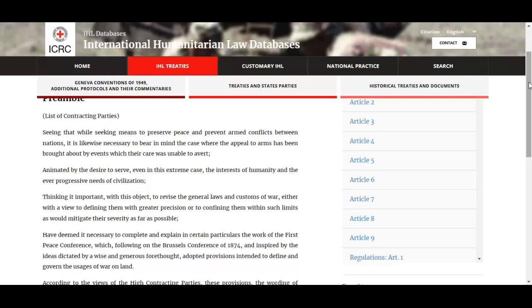Being animated also by the desire to serve, even in this extreme case, the interests of humanity and the ever-progressive needs of civilization, and thinking it important with this object to revise the general laws and customs of war, with the view, on the one hand, of defining them with greater precision, and on the other hand, of confining them within limits intended to mitigate their severity as far as possible,